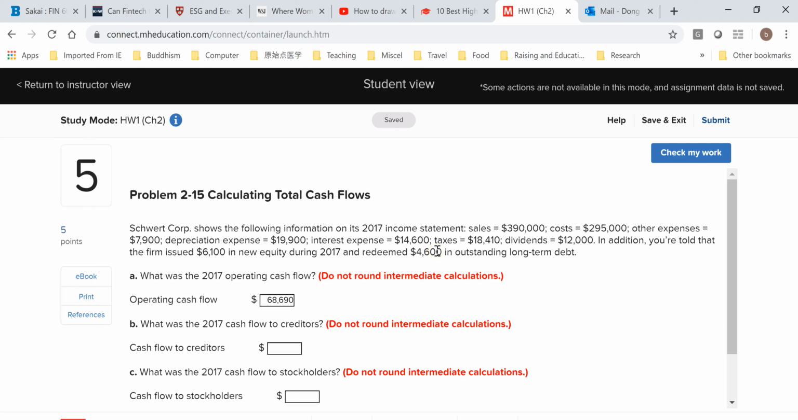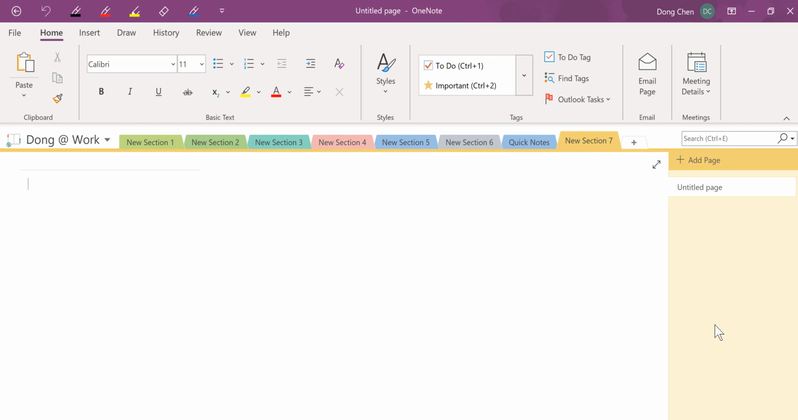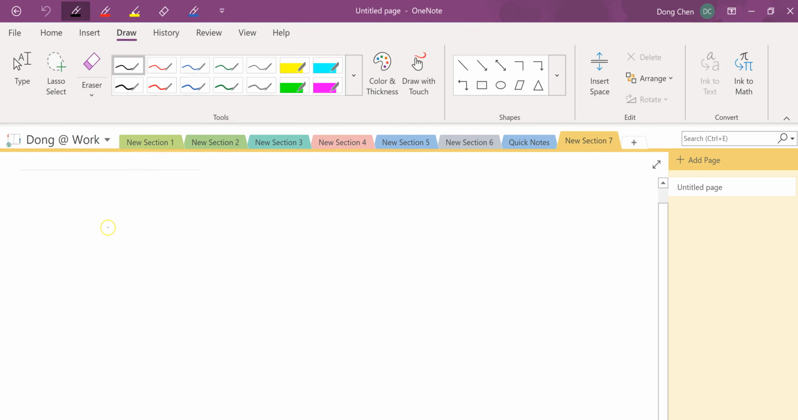So that means when the firm redeemed the debt, the firm has to pay those creditors cash. So from their perspective, that's positive cash flow. So this $4,600 should enter as a positive number. So if I write this down in my note, this should come as a cash flow